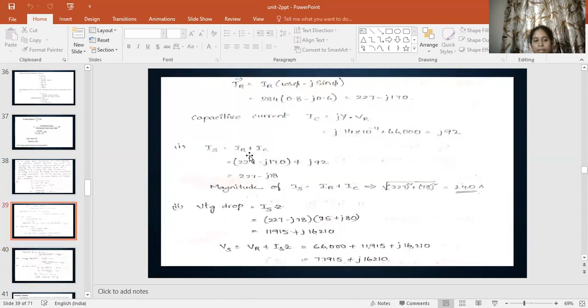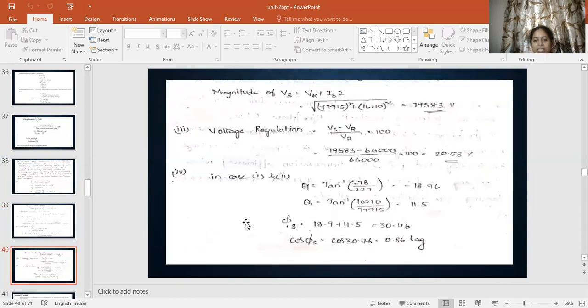The first point is nothing but Is, and the second point is nothing but Vs. The angle between Vs and Is is the phi s angle. That is the sending end power factor. So for the first case, let us assume theta 1 is tan inverse of imaginary term by real term, and we can get some angle. For theta 2, for Vs, tan inverse of imaginary term by real term, and we can get some 11.5. The difference of these two is the angle phi s. Here we can find cos phi s, the sending end power factor also.